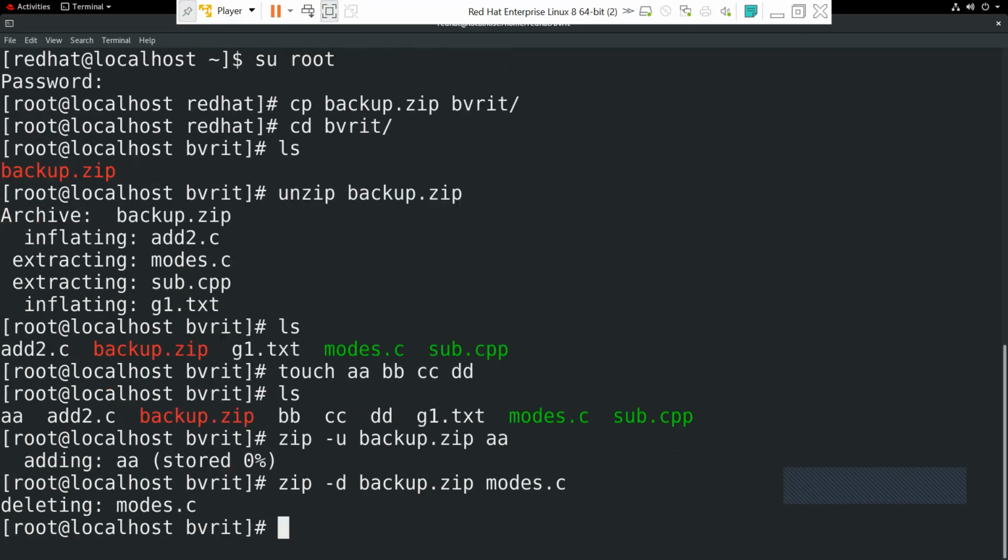Okay, I can delete. It has been deleted. We can check it. What are the files which are deleted? So here we can use the option called -v. Let me check it. We can use the option called